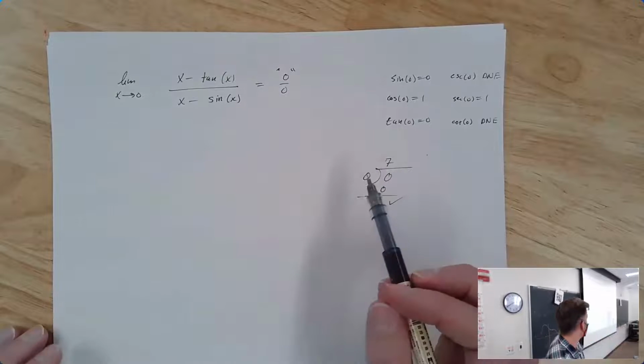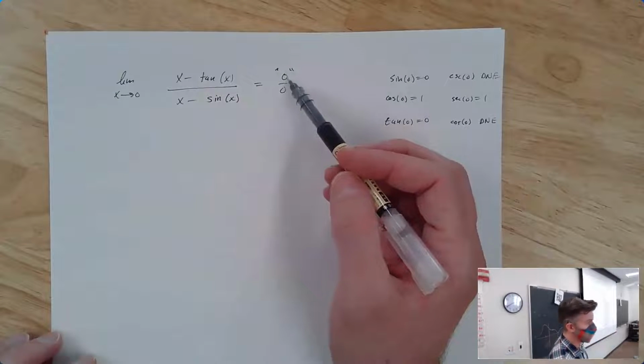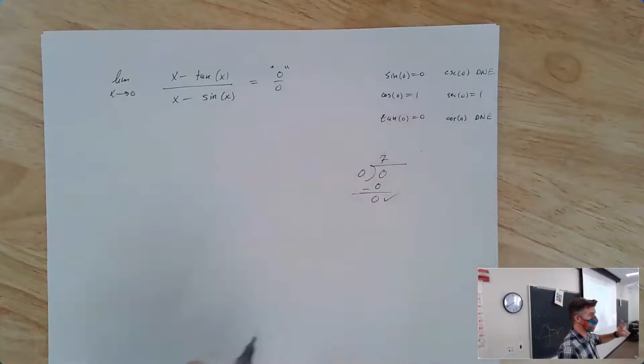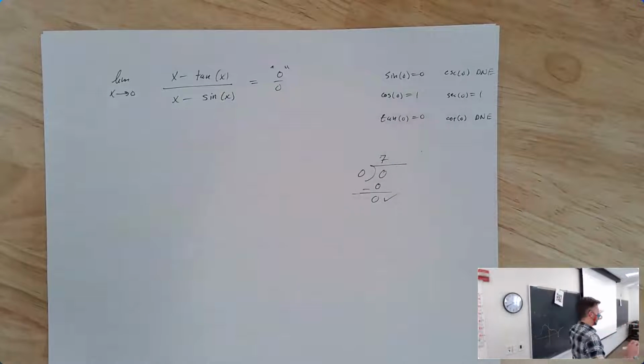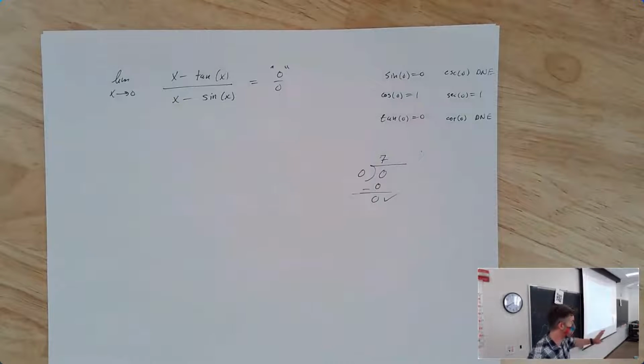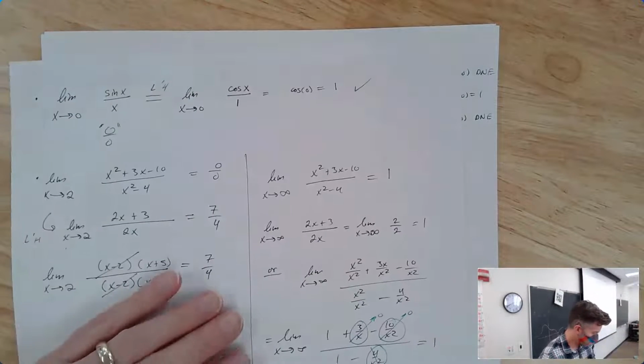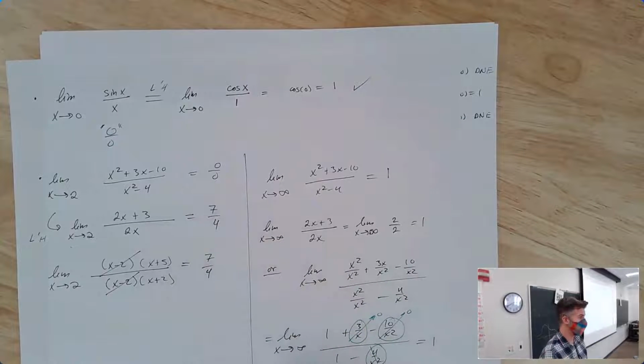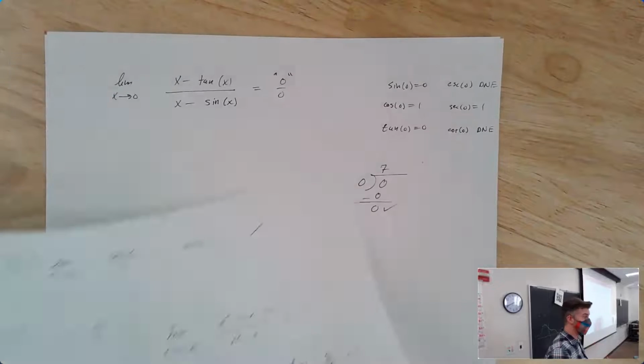So what we're really saying is it literally is called an indeterminate form because the value is not determined. If you have a 0 over 0 type, the answer can literally be anything. Like in this previous example, this 0 over 0 ended up being equal to 7/4. But you could pick a number, 9, and I could make up a fraction or a limit, a 0 over 0 limit where the answer was 9.